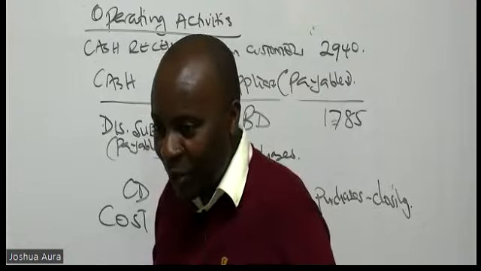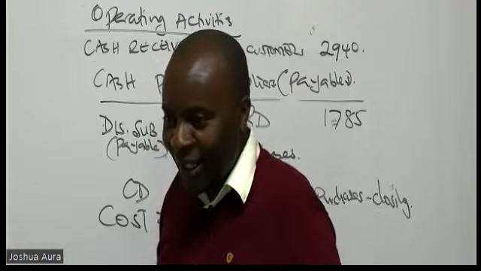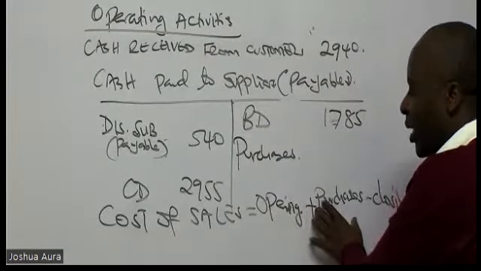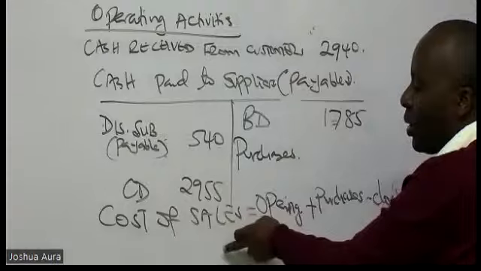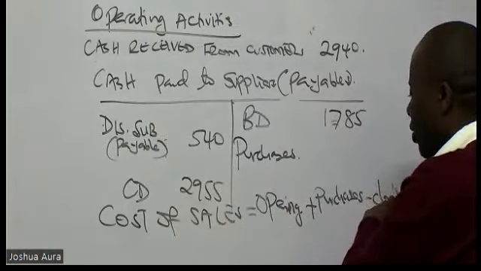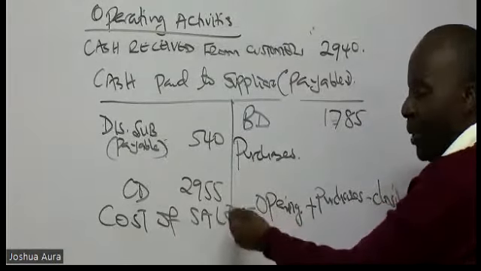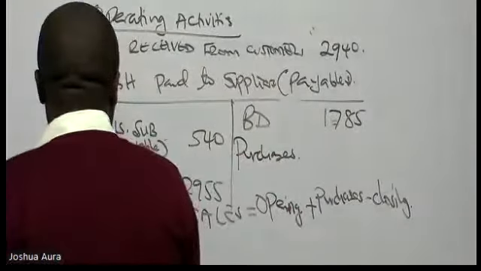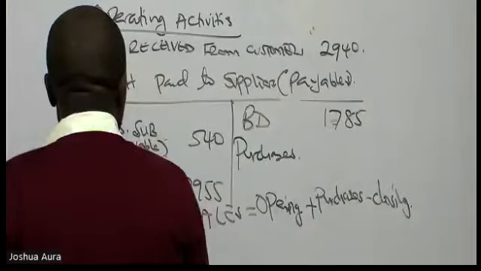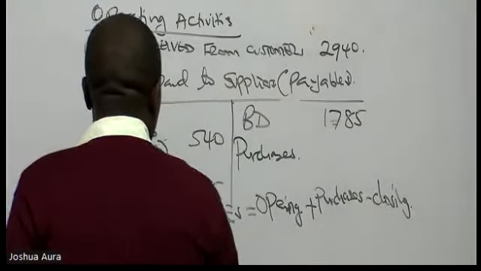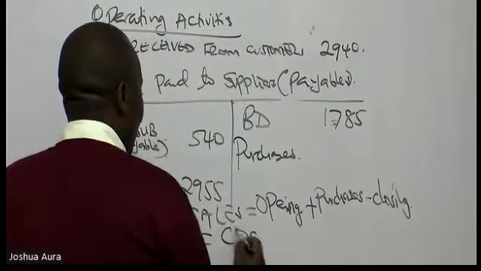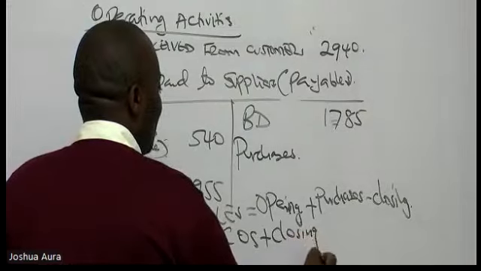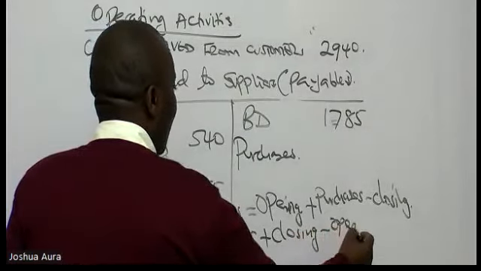Oh, maybe Mutunga, you are not able to get a minus there, right? So if I leave these purchases on this side, then I can see closing stock crossing over. It becomes positive. So closing will become positive, opening will be subtracted. Thank you so much. So they are telling me that purchases here